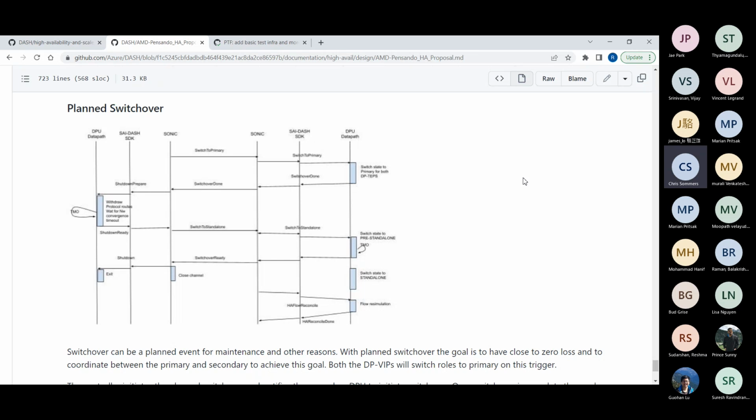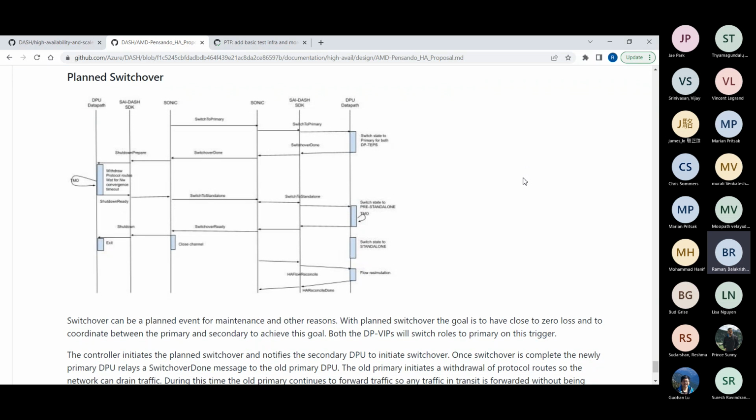Correct. Okay. Do you think maybe instead of calling it pre-standalone, we could call it something with the word drain in it, so that people know what it means, to give it a meaning like that? Is there any kind of drain connotation with that state? Sure, I think that we could. Just an idea, because then it's kind of self-explanatory. Yeah, I think wherever we present it to the user, maybe we can have some name, some drain.